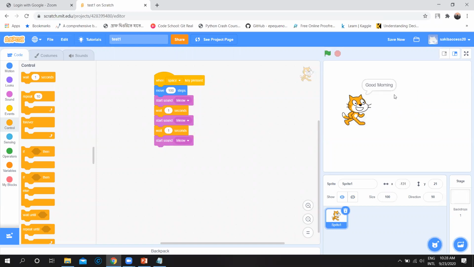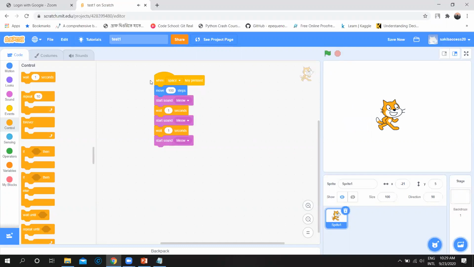Why is it printing good morning also? But did you hear the 3 times meow now? Yes, sir. Okay. But another thing is wrong here. Why is it showing good morning here? Stop. Okay, it's fine. So that's the option here, stop. Whenever you want to stop your program, you have to click on this red button. But did you get it?